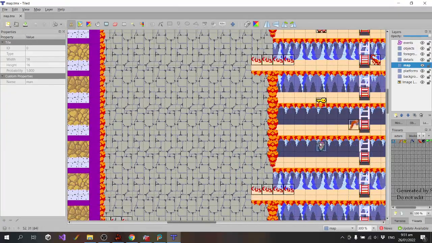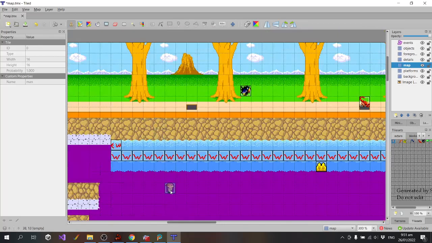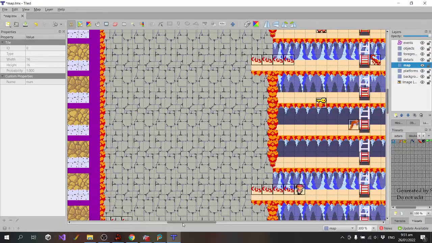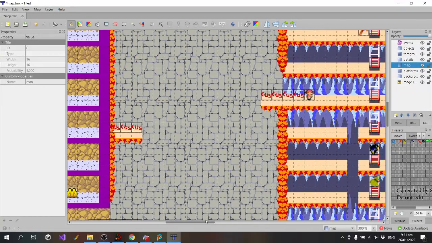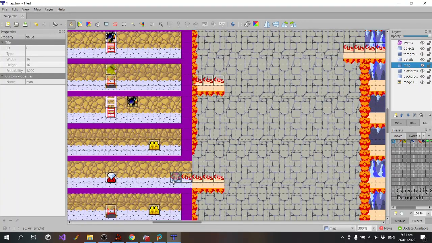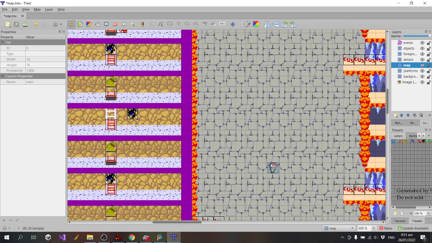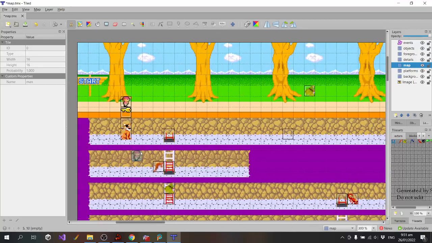Just going to set the player to start from there. Because I need to be able to jump off here and get the diamond. So I'll just need to check that's working as expected.